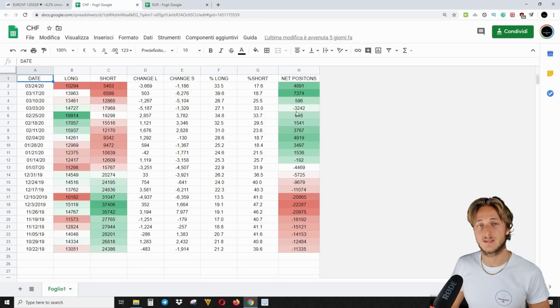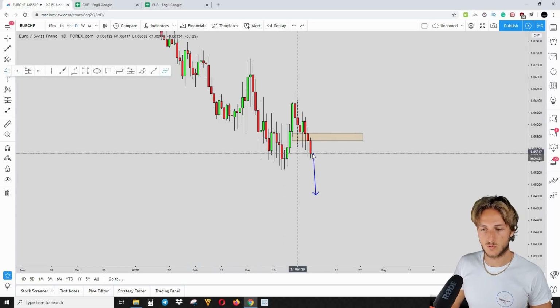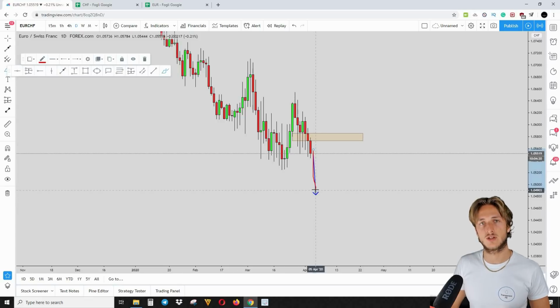And what we look for from a CHF perspective is that CHF still looks quite bullish with net positions reaching 5K. But what we can see with the last report is that longs have been closed. Now, obviously, we have the new data coming out today, which will help us determine what we can expect next and which are the best probabilities for this pair. But with the last report, they closed 3.6K longs, meaning they're not really interested in the long anymore, which means that we could start to see some bearishness on the CHF in the long term. So that brings me back to the situation here on EURCHF,